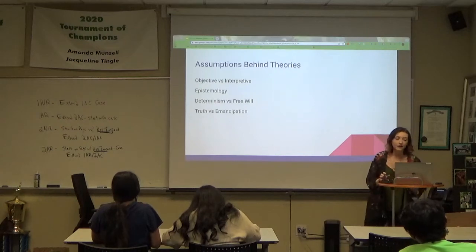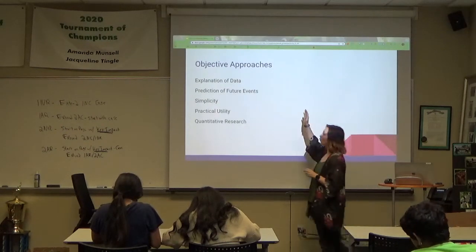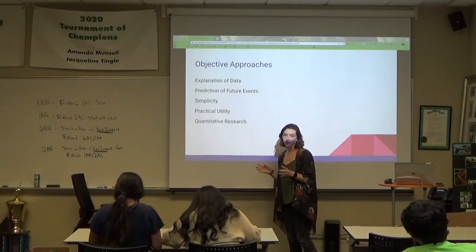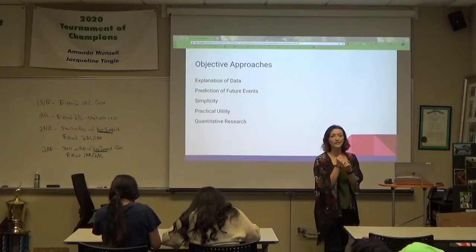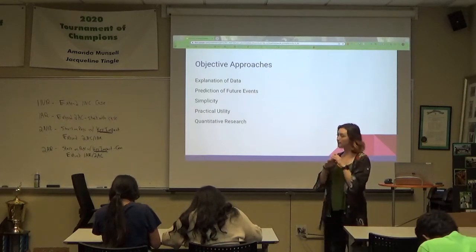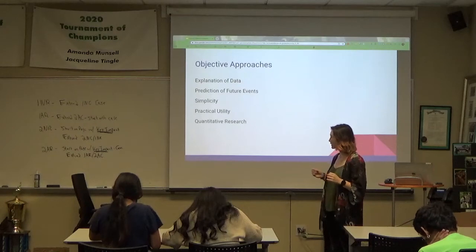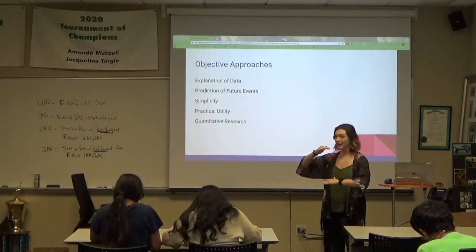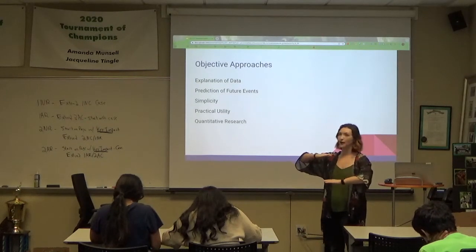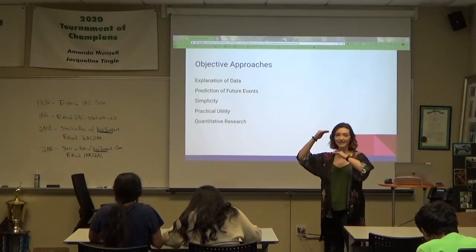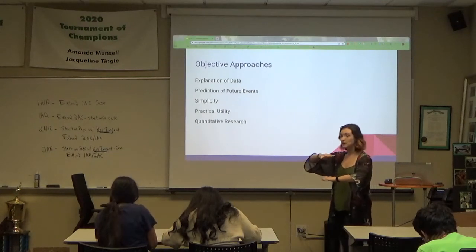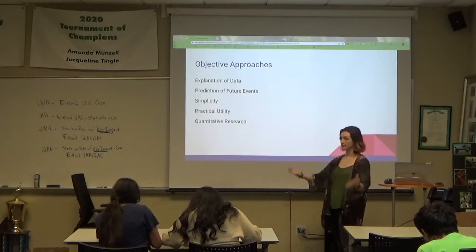All right. So if we get into what exactly an objective theory is going to try and do, the first thing it's going to try to do is explain data. That is the most important thing for an objective theory to do. I have been given a set of data, this set of data about the frequency of conflicts in the Middle East from 2000 to 2020. How do I explain that? Or what explanation encompasses this data?